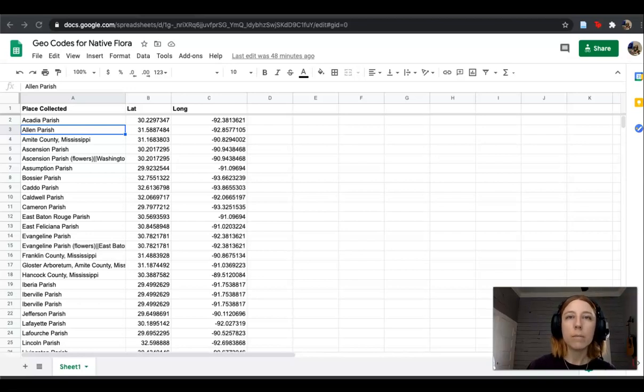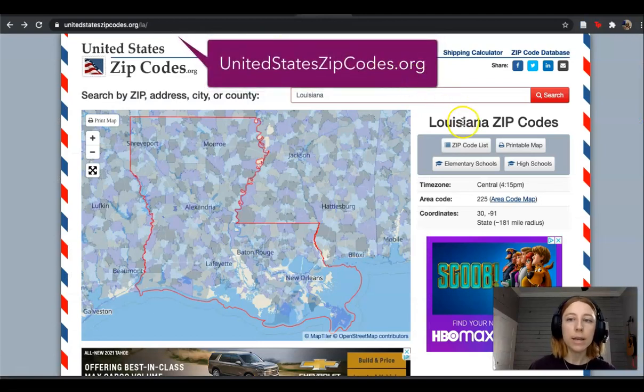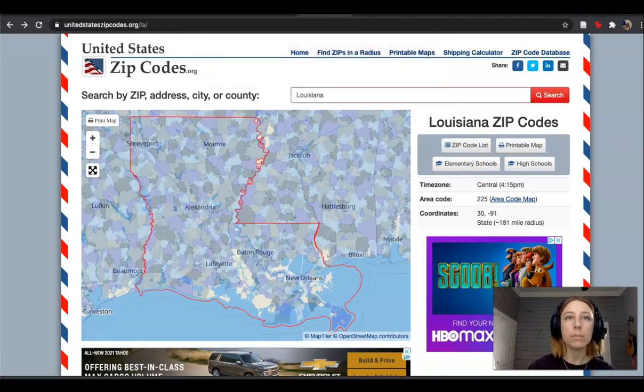To use any software to automatically retrieve geocodes, you will need to provide a zip code from each parish rather than the parish names. These programs don't know how to read or what to do with parish names. There are a number of ways to get a zip code from each parish. You could use a site like United States Zipcodes.org. Here I've already navigated to Louisiana. I could click through and download a CSV of Louisiana zip codes, and I could grab a zip code from